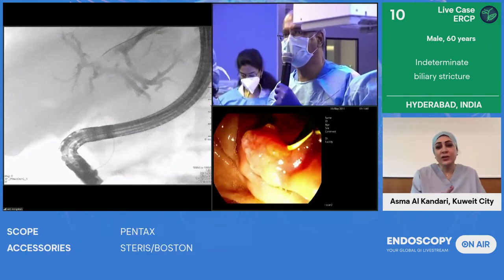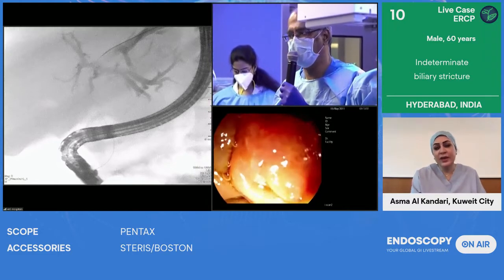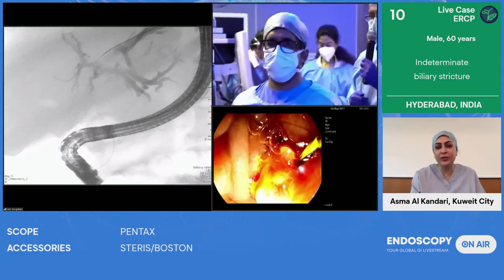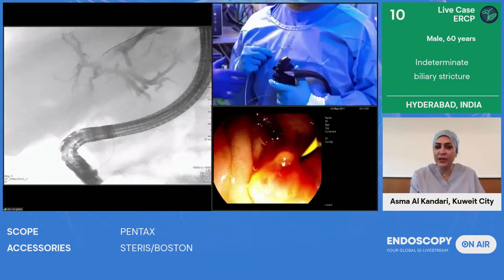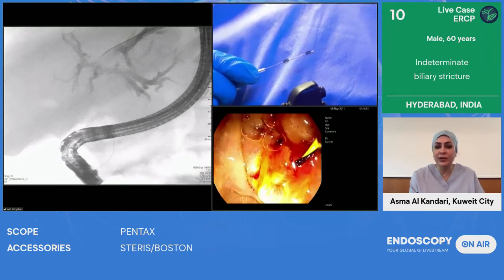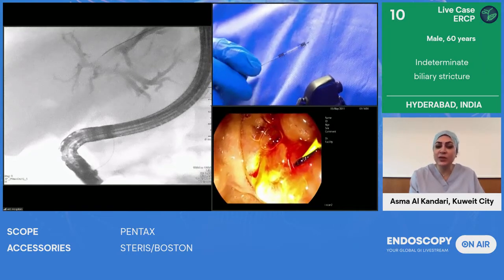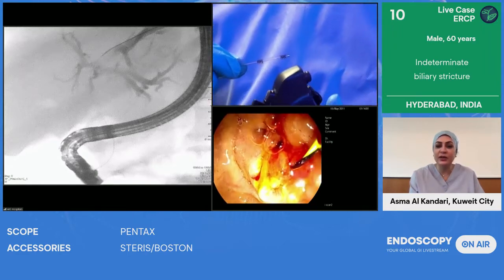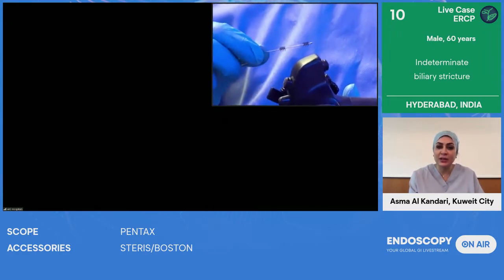Well, I know that for the biliary, we usually combine the FNA with biopsy. And for pancreatics, we go with FNA. It can be enough. But for biliary lesions, we usually combine. Yes. But now with these techniques with FISH and NGS, we can increase the sensitivity of detecting malignancy.